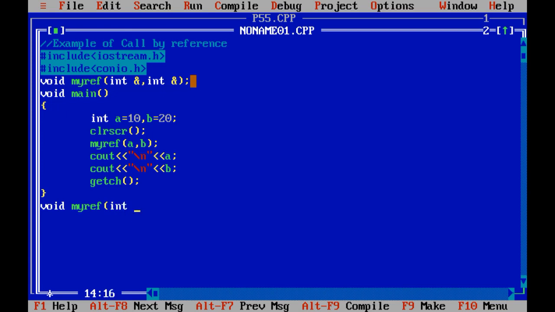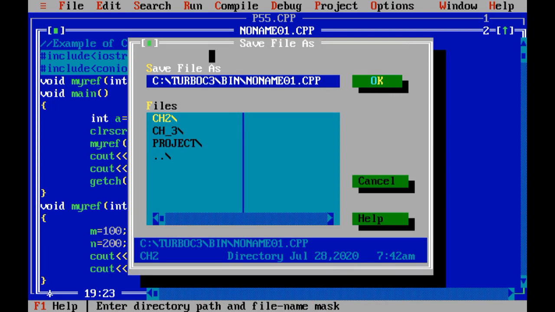Now over here we have just passed the ampersand sign to get the address of the variable instead of the actual value we have passed through the variable. \n m cout \n n variable. Now let me save the given code as the P56 program.